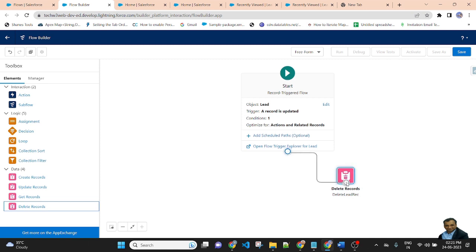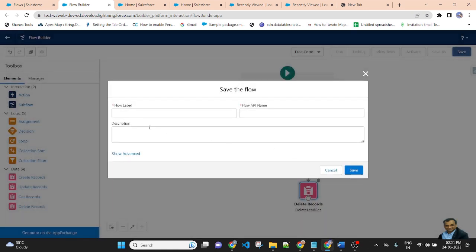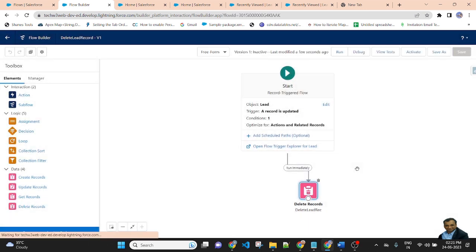Save the flow. Delete Lead Record. I am saving the flow, then save, then activate this flow. After activating this flow, now I am going to the Lead object.